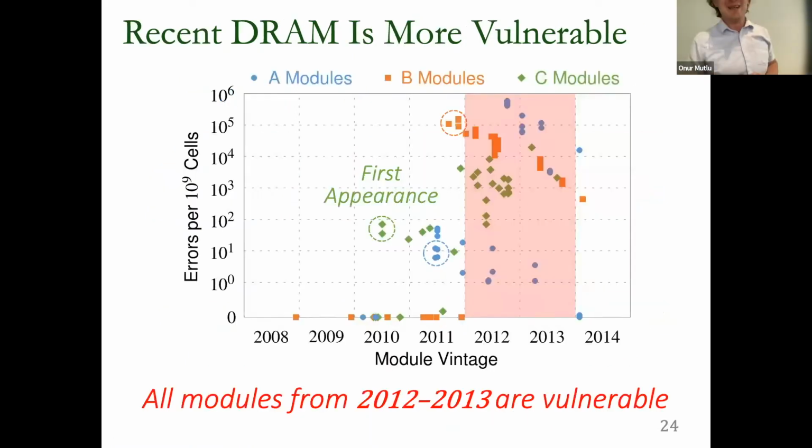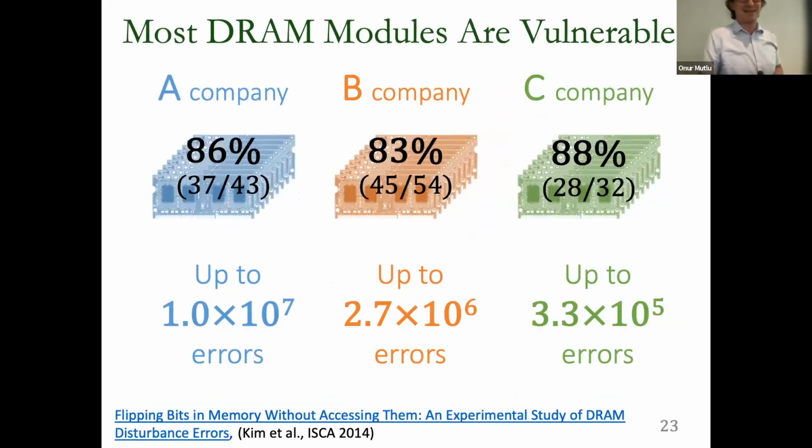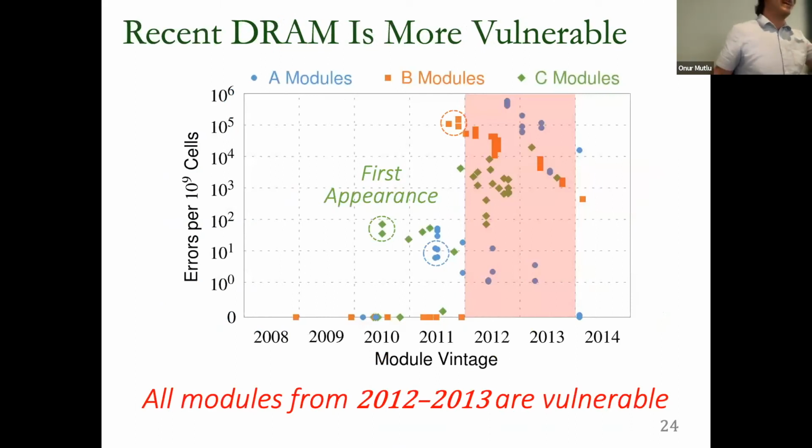It's interesting. Okay. Yes. Can you go back? Sorry. What do you mean by 10 million errors? Is it over a certain time? Is it number of bits? Over a certain number of bits. I believe a bank in this case. Yeah, don't take these numbers so literally. It's based on some experiments, but certain hammering pattern and certain number of bits. I don't know the exact bank size, etc. Exactly, it's spatial, certainly. So here, for example, it's errors per 10 to the 9 cells. It's kind of that metric.